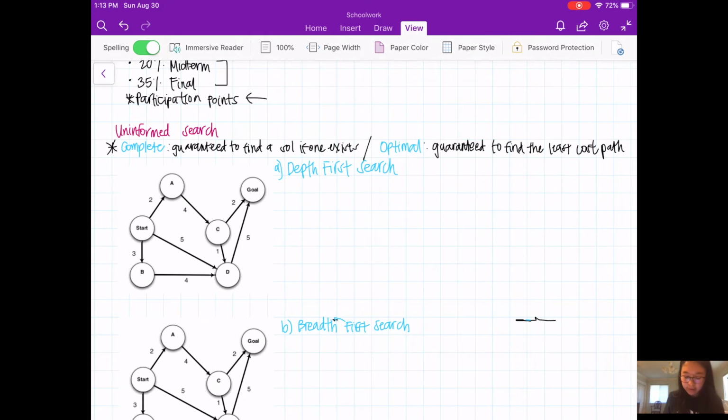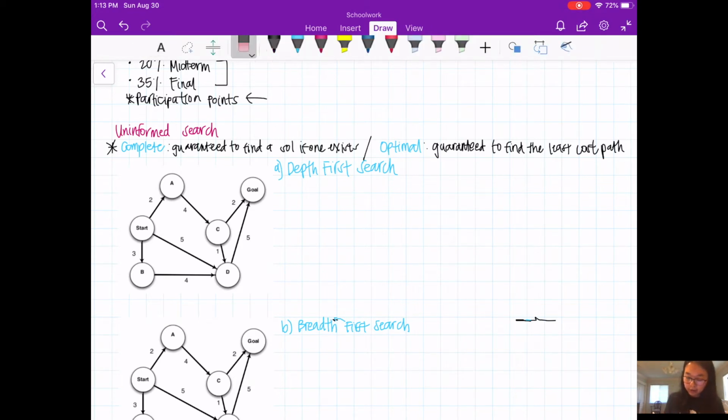So with each of these searches, we are going to ask ourselves whether that type of search is complete or optimal or both or none. These are just some definitions that I want you to keep in mind.